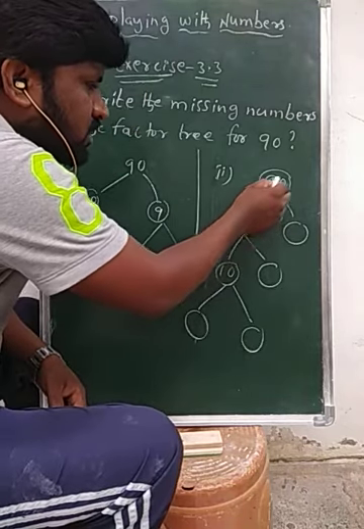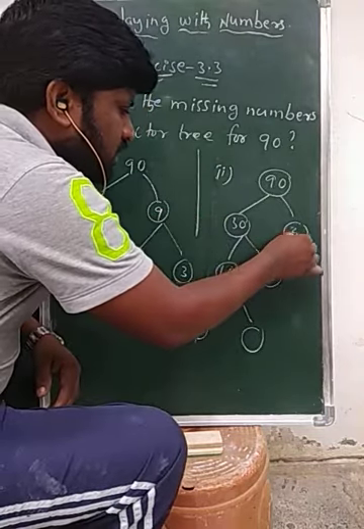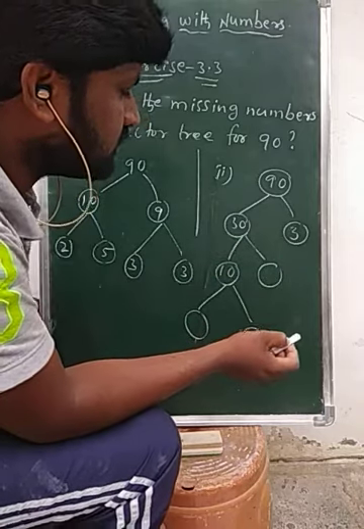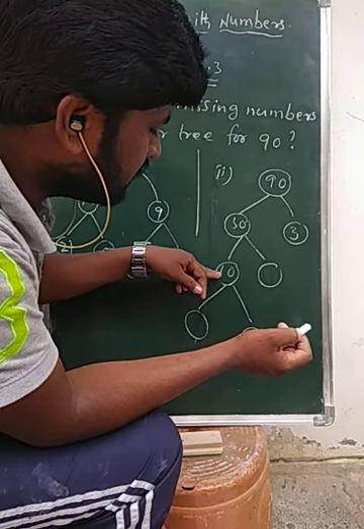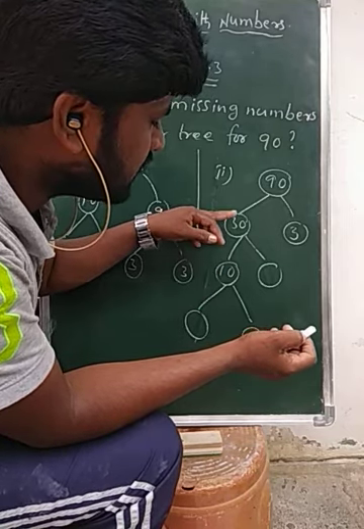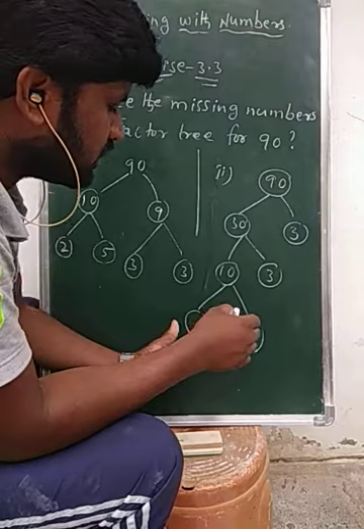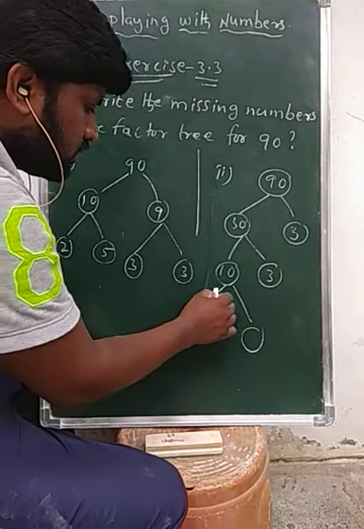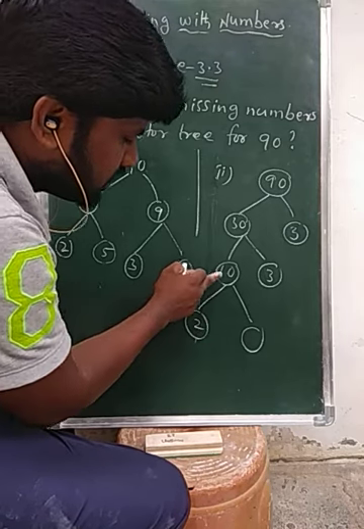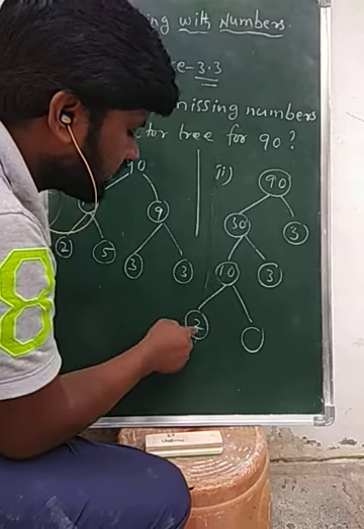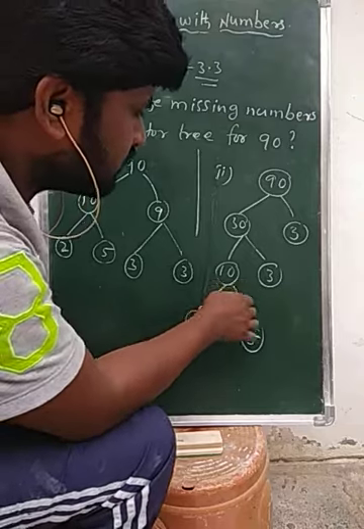Now coming to the next question, 90, we are given in the first circle 30. You know 30 is a factor of 90, and 90 is exactly divisible by 30. So 3 30s are 90. Again 30, clearly here given 10. 10 is a factor of 30, and 30 is exactly divisible by 10. 3 10s are 30, and here given 2 empty. Of the factors of 10, I am taking 2, because 10 is exactly divisible by 2. 2 5s are 10. So like this we can fill the empty boxes.